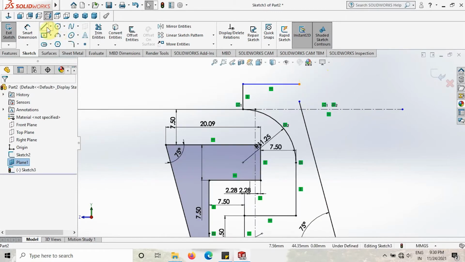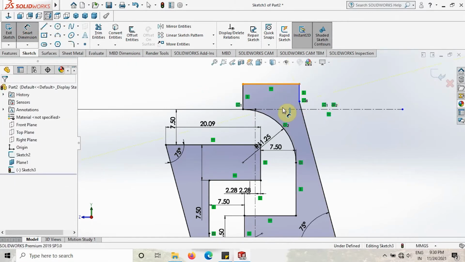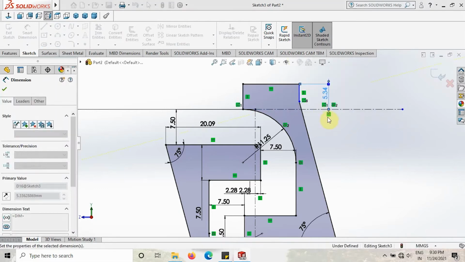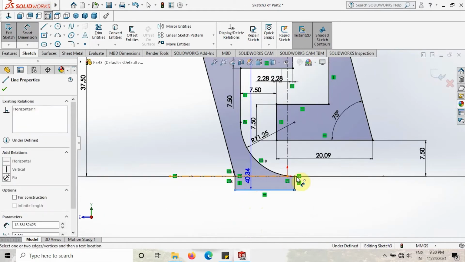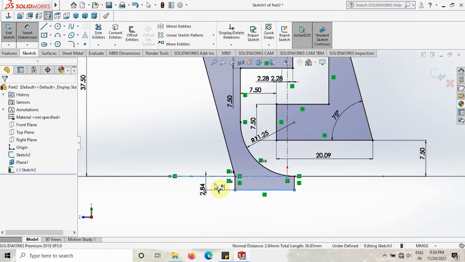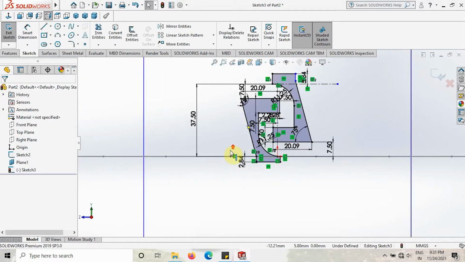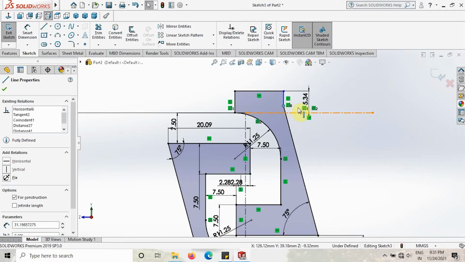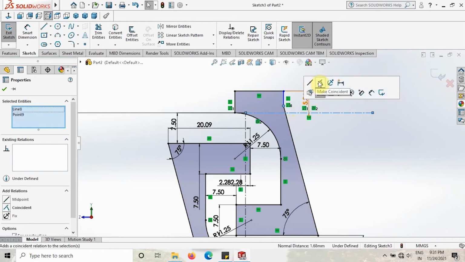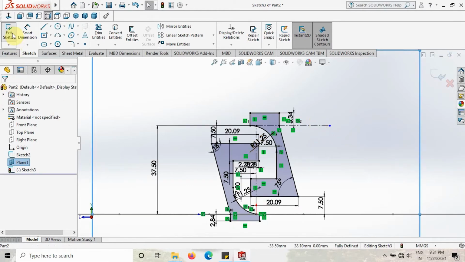Just close the sketch and then give some dimension. This is not an important dimension, just give one dimension and leave it as it is. Give the dimension here also, and then click OK. Click OK. We will make this point coincident to this axis line. Click this, make coincident, and then exit the sketch. We created the profile now,